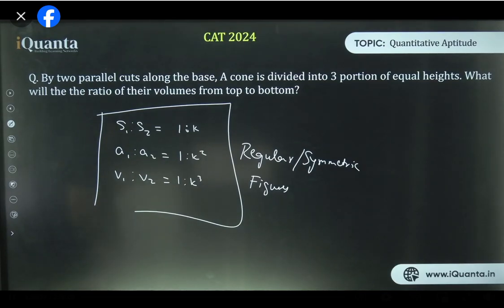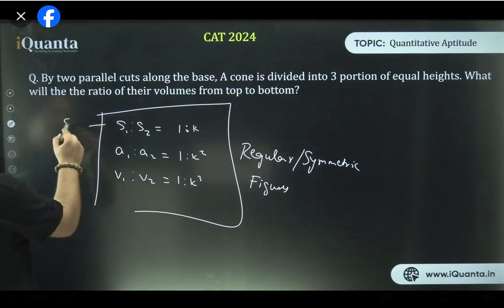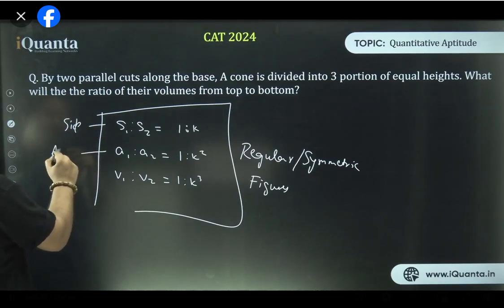नो जानवी, इस पे depend नहीं कर रहा कि 2 portions हैं, depend इस पे कर रहा है कि area का ratio निकालना था या volume का ratio निकालना. It's volumes ratio, cube करेंगे, it's areas ratio तो square करेंगे. Is that clear जानवी? Side, area, and this is volume.